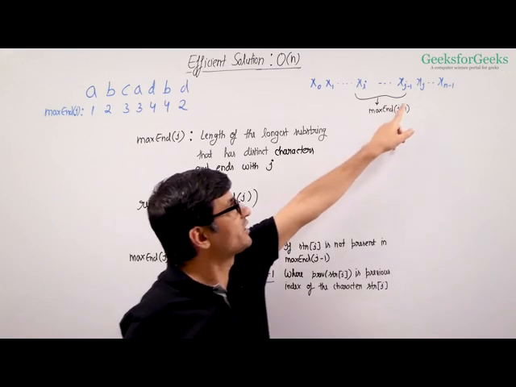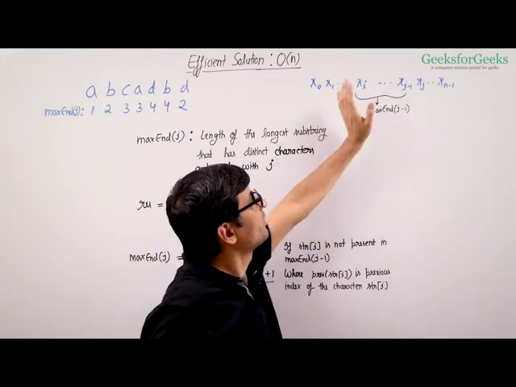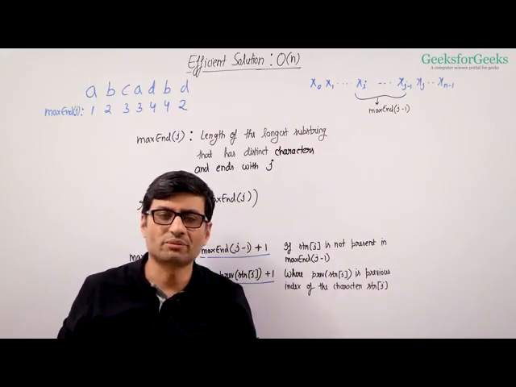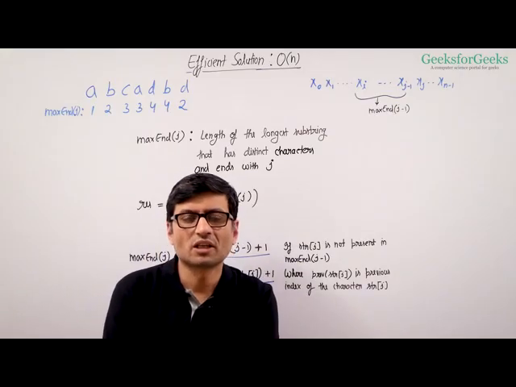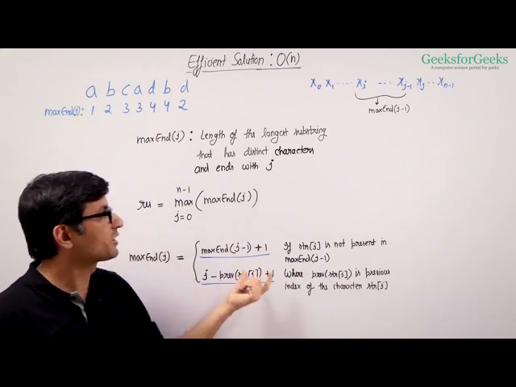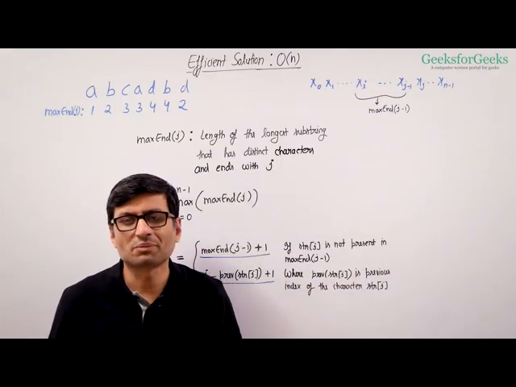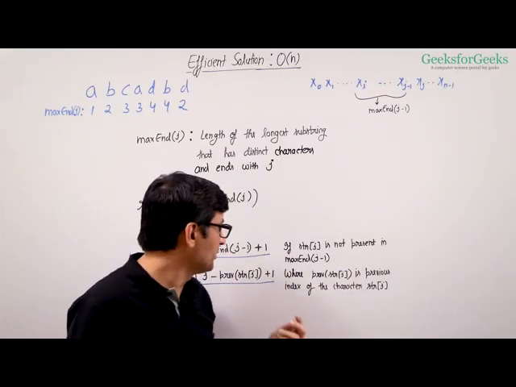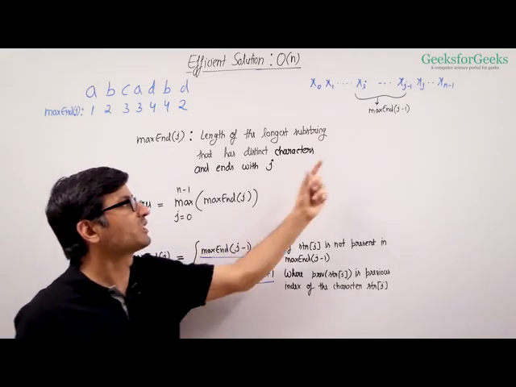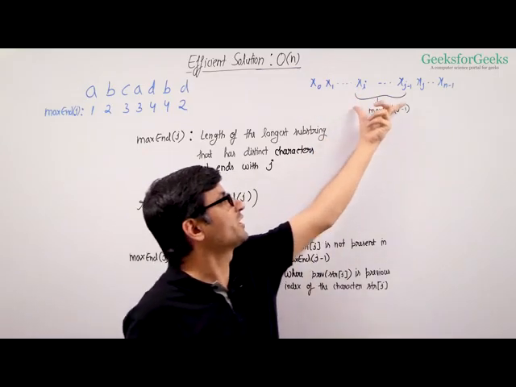if this strj or xj appears somewhere from i to j minus 1, where i to j minus 1 is the longest substring that ends with index j minus 1. Now the question arises, how can we figure out if this character strj was present in this string from i to j minus 1 or not? For this purpose, we can again use our previous of strj. If previous of strj was less than i, then this was not present in this string,